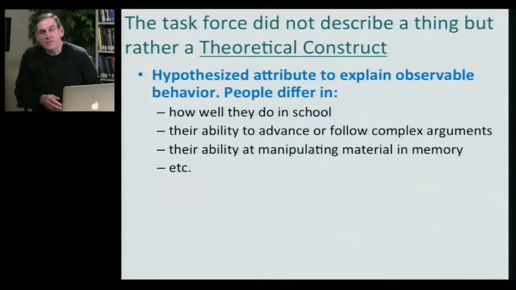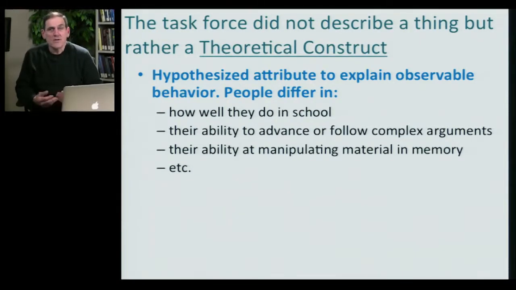All science has hypothetical or theoretical constructs. Intelligence is a hypothetical construct. It's not being defined as a thing, but rather it's postulated as some attributes people have in order to explain certain observations psychologists make. That people differ in how well they do in school, or how well they're able to manipulate material in memory, or how well they're able to engage in complex logical reasoning. And the argument is that what accounts for these behaviors is some unobserved, hypothetical, underlying theoretical construct that we'll call